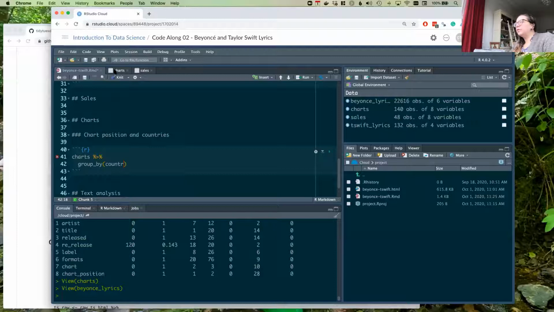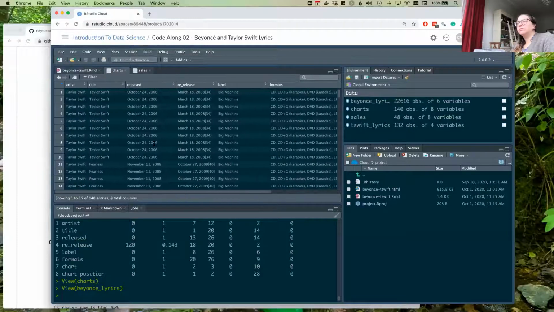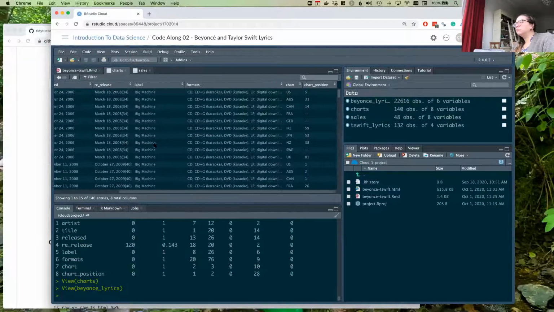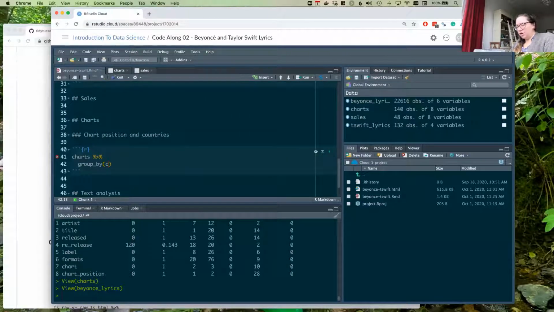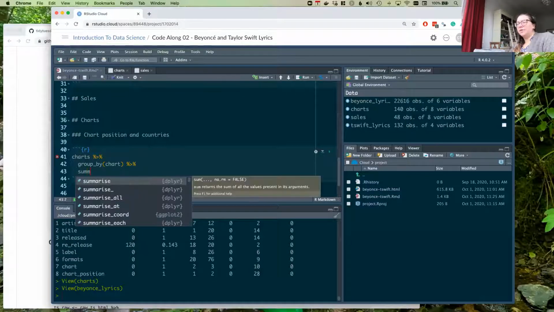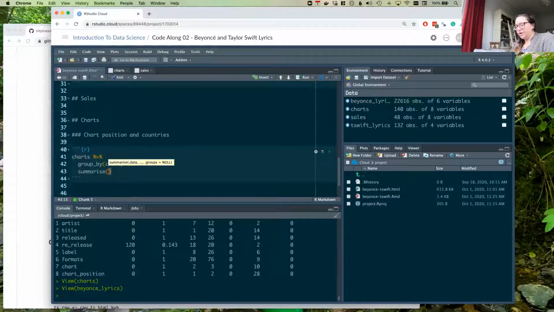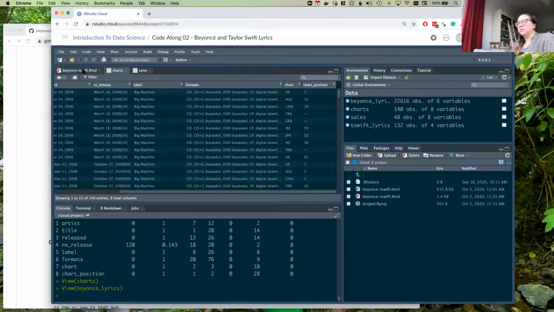Is the variable called country? No, I guess it's called chart. So let's call it chart. And then we could say, give me the average. So average chart position is the mean of the chart position.